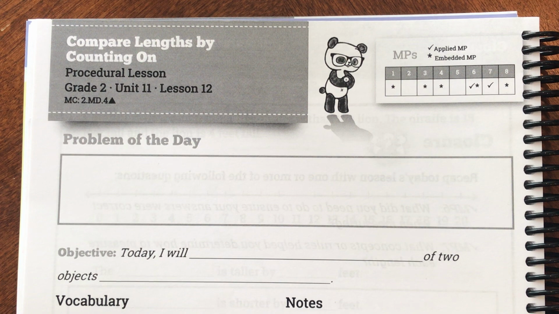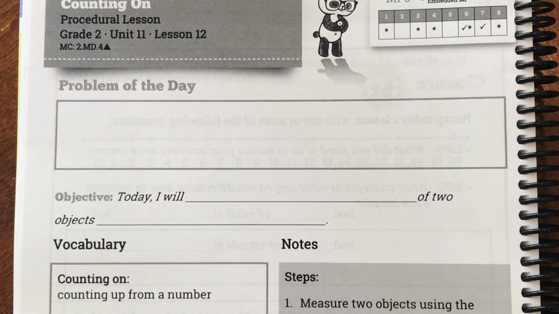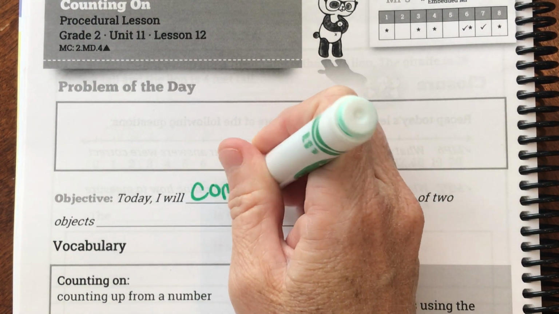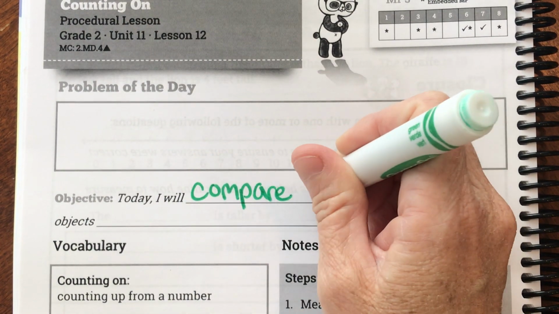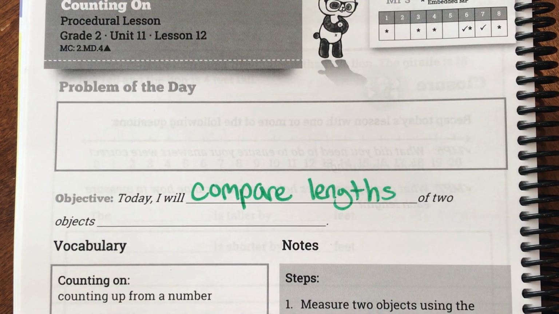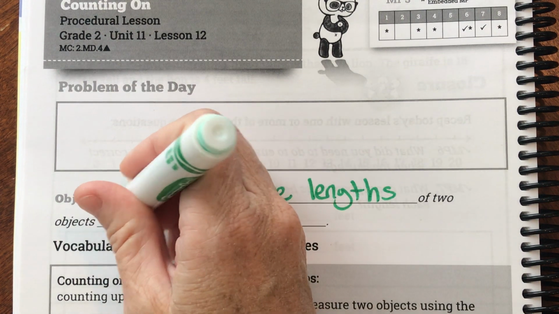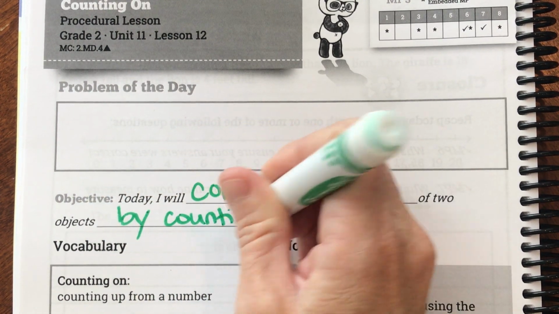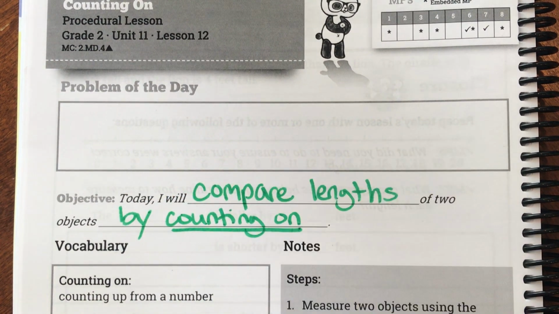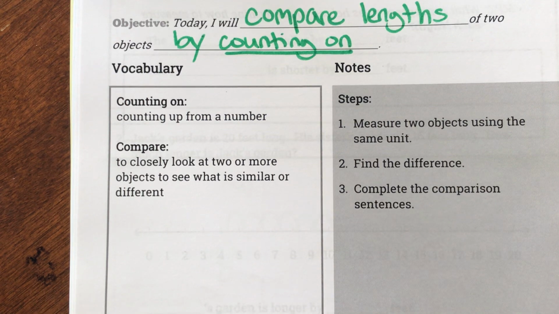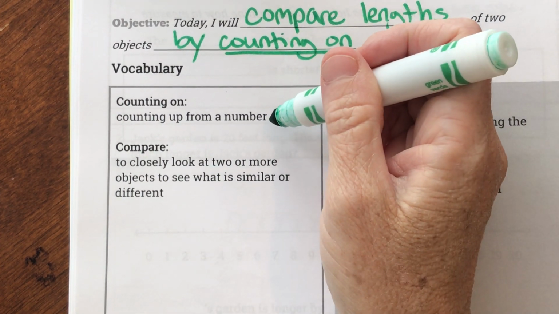and use. Okay, our goal or our objective today is, today I will compare lengths of two objects by counting on. Okay, so yesterday we did this counting on strategy, and we said it's counting up from a